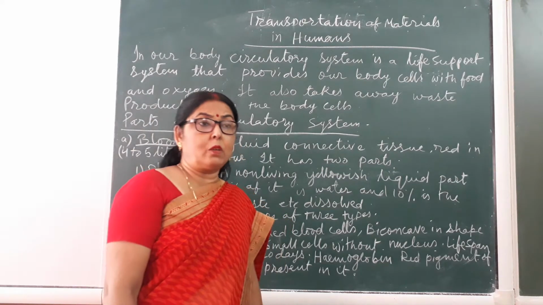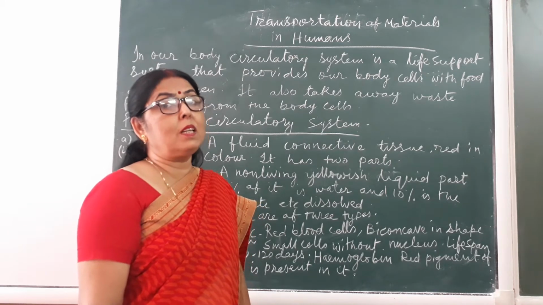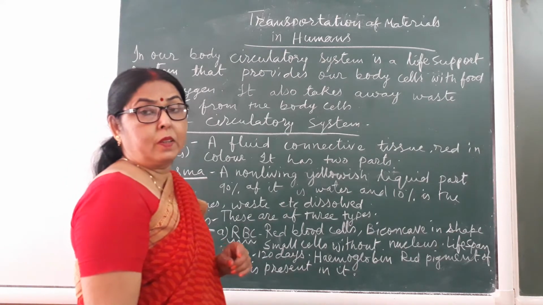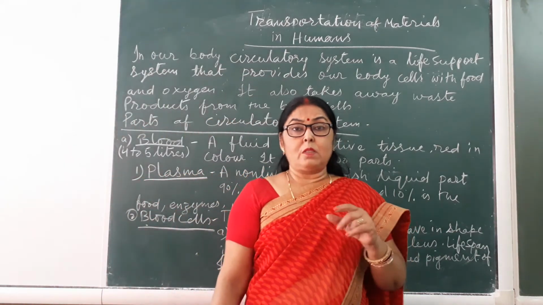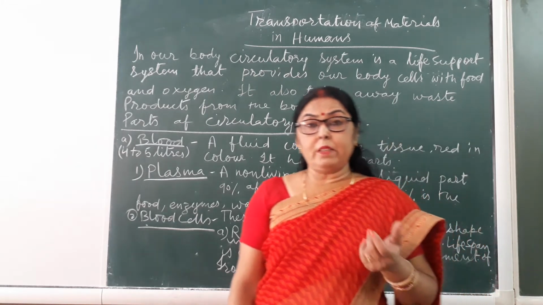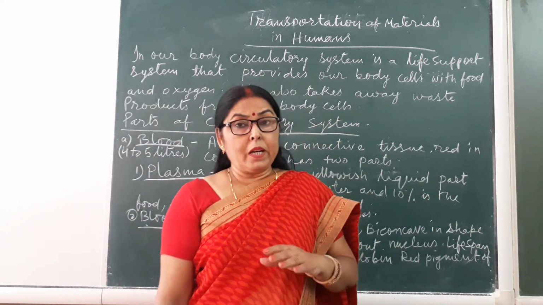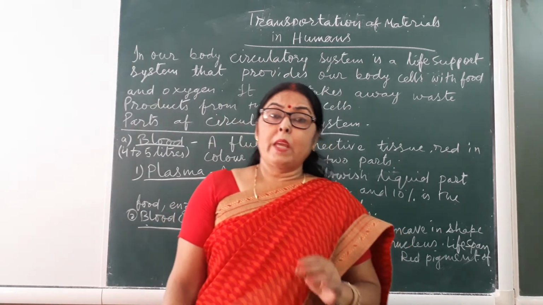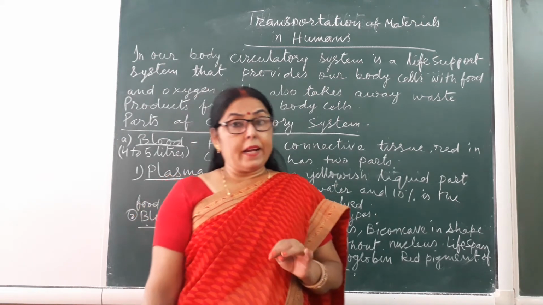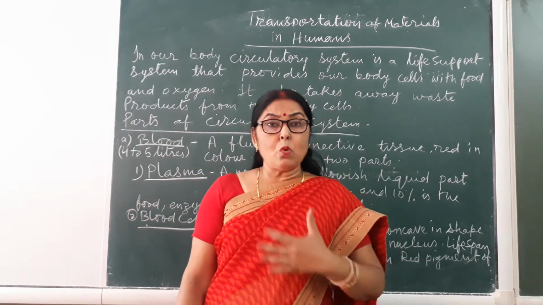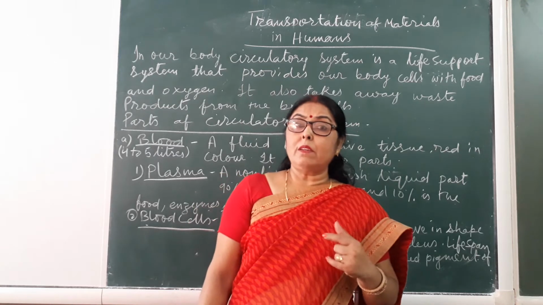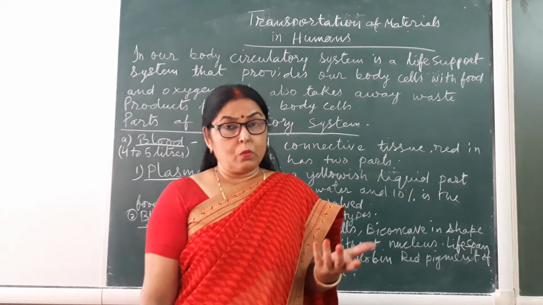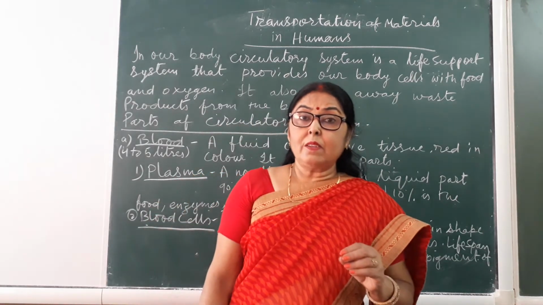The human body has a circulatory system which has three parts. The first part is blood. It means the first component of this system is blood. We all know blood is a fluid tissue. Blood is a liquid which can flow, so it is called a fluid tissue, a connective tissue of course, and it connects because it runs to all the organs, so it is a connective fluid tissue and it is red in color.